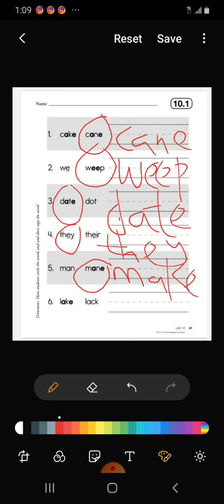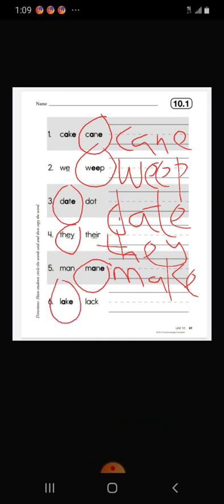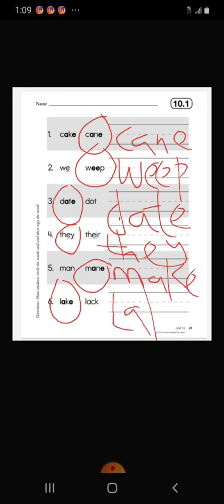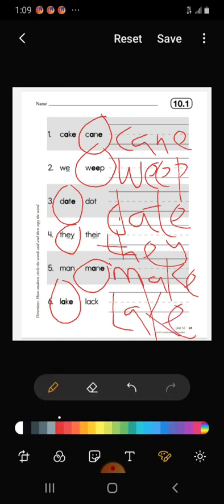So we circle our lake because it has the sound with A. So let's write our lake out. Lake. Pardon me, I wrote m a k e. Sorry, it's supposed to be m a